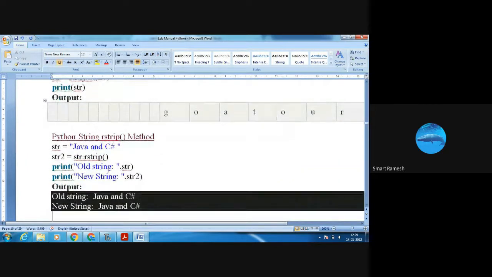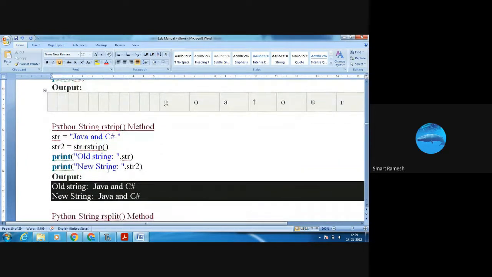Next, rstrip. rstrip means on the right side it is going to remove the white spaces. I am going to remove the white spaces at the end of the string. Here, see, after Java and C sharp there is one white space. I am going to remove that white space.